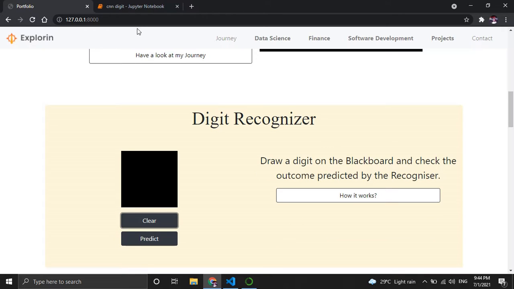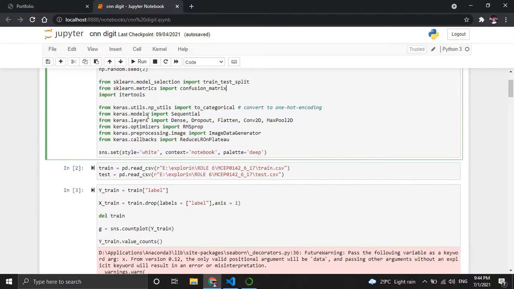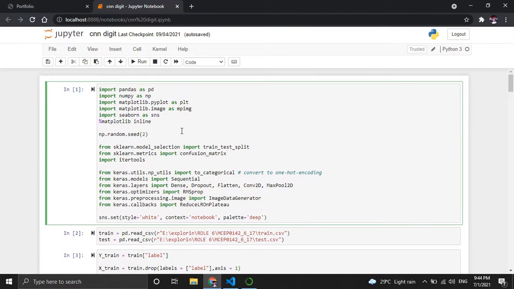So let's see what is the code behind it. First of all, we are going to look at the Python code. In the Python file we can see these are the requirements which we have imported in the first phase.